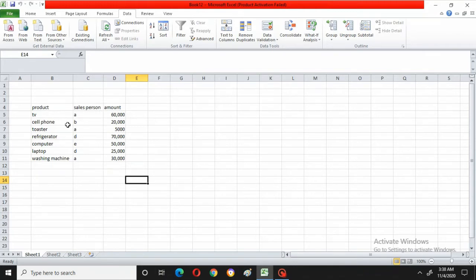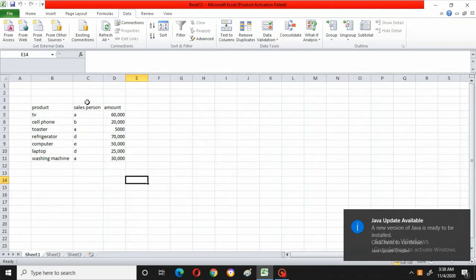For example, I have taken here products, how much sales a salesperson has done on each product, how much amount he spent on each product, and how many products he has sold. That type of information I have taken and I have done a pivot table, and I'm going to show how to create a pivot table for this table.